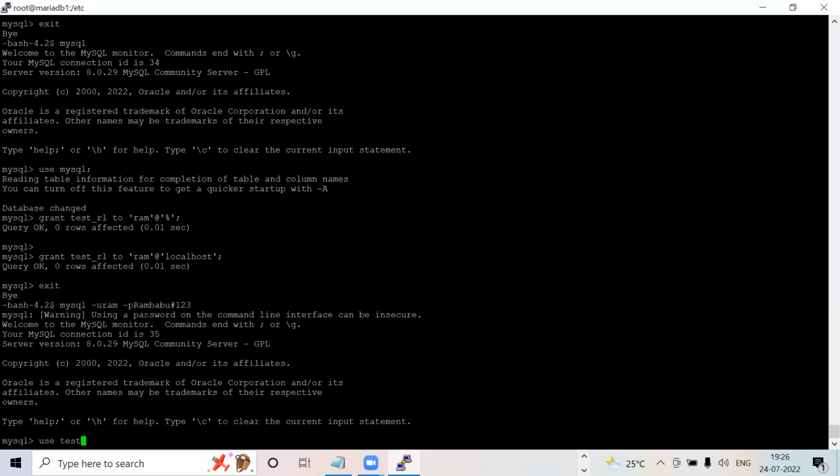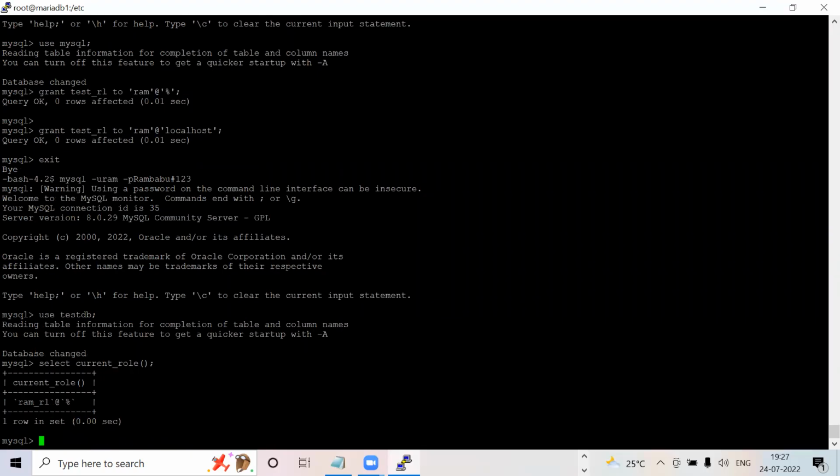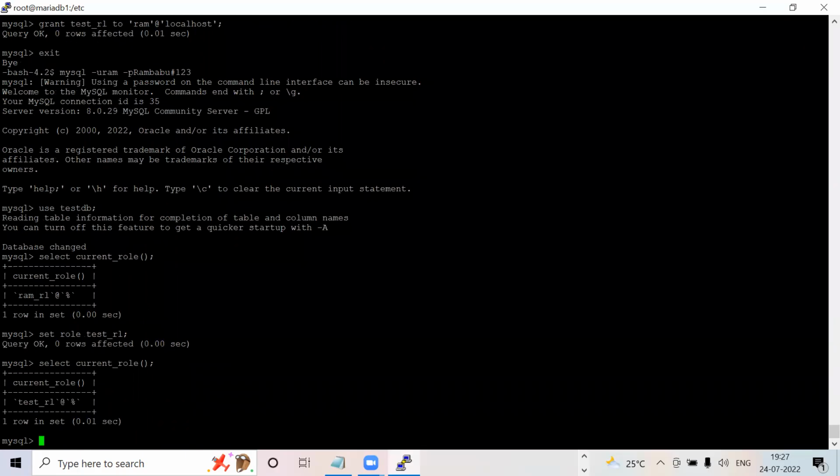Connect. Use testdb. Try to do this entry. What is set role? Current role is this one only. Now try to do the set role. Okay, now we are able to do that. Now do the current role. Test RL, right? So even though multiple roles are there for one user, for example, for Satish user, multiple roles